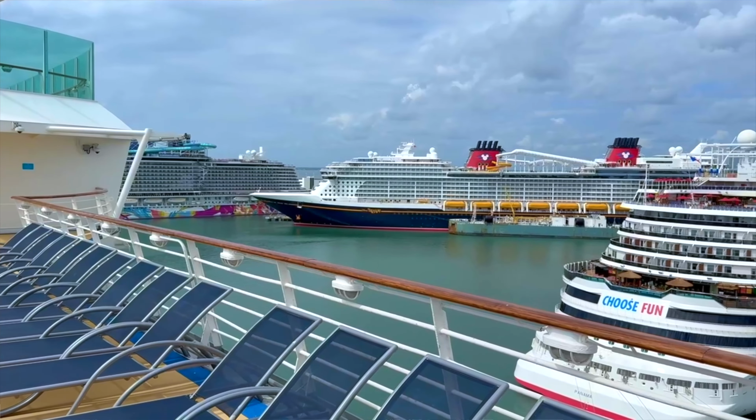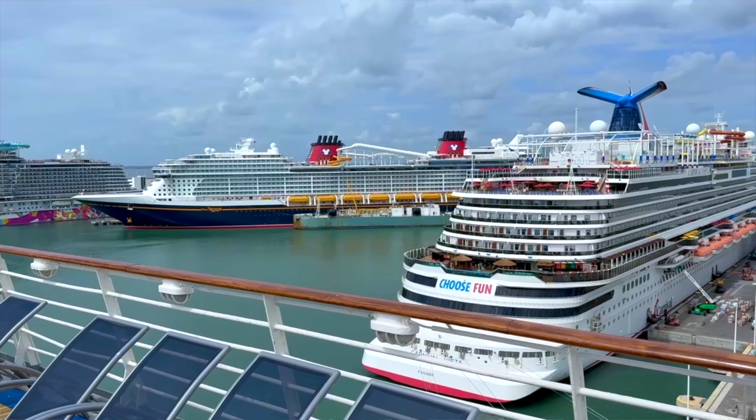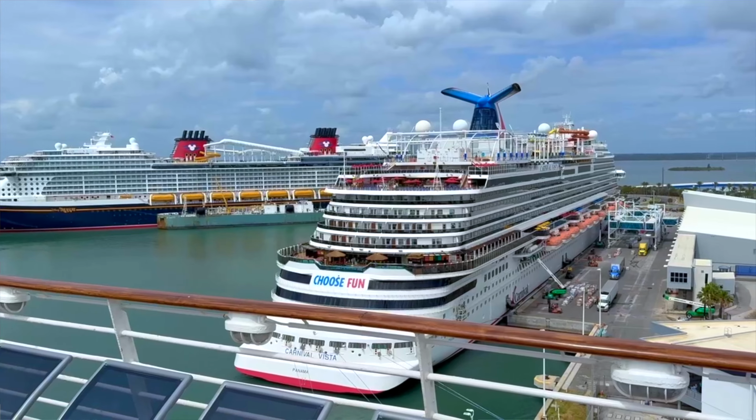But we're going to show you what dates to look at if you are flexible, where you're most likely to get those upgrades. We're going to show you exactly when we got them, what cruise line, what cruise ship, what port to sail out of. It all can make a difference, because if you go where the crowds aren't, that's where you're more likely to